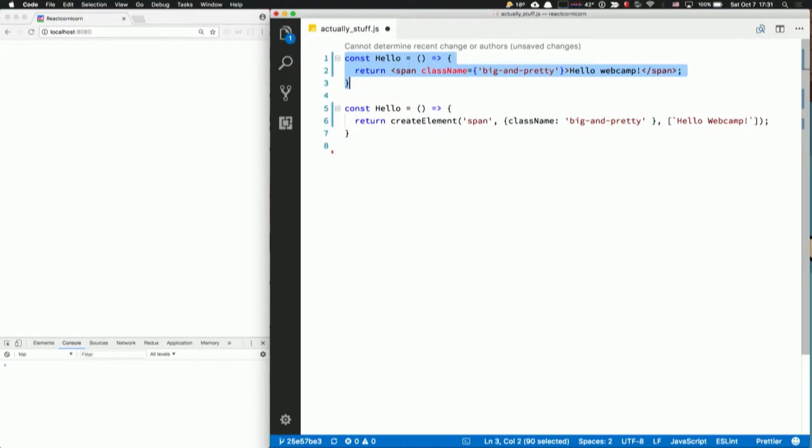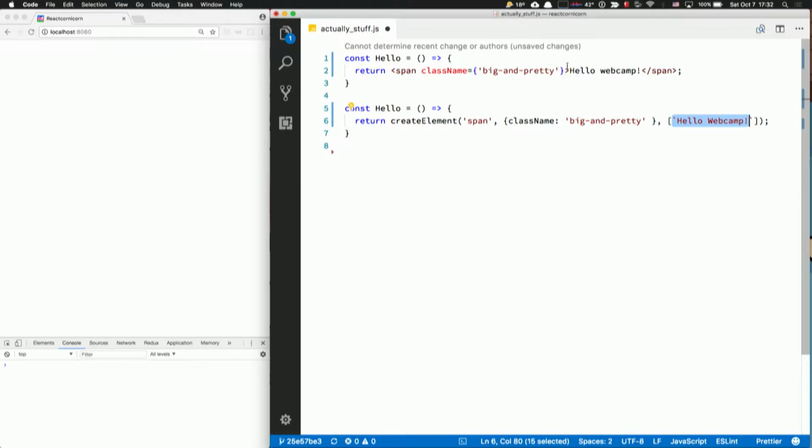So these things are the same. As far as we're concerned, this hello first and the second one are the same. Why? Because this is JSX. This XML thingy is called JSX, and it's transpiled into actual JavaScript function calls. This createElement just creates the type, the attributes, well, props, let's be real, and all the children.